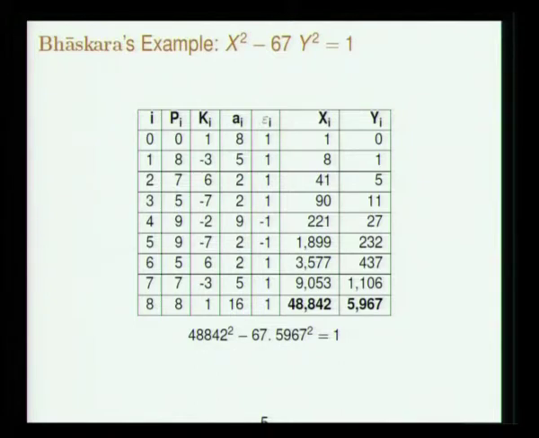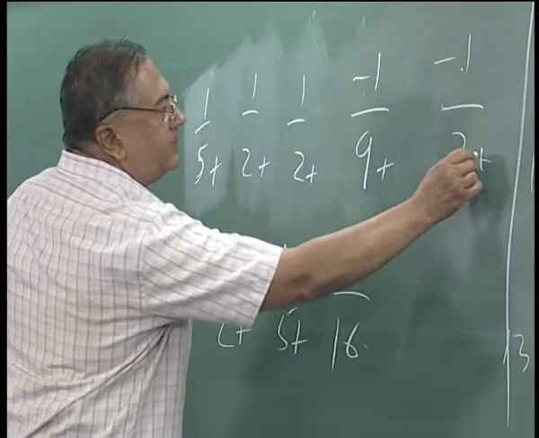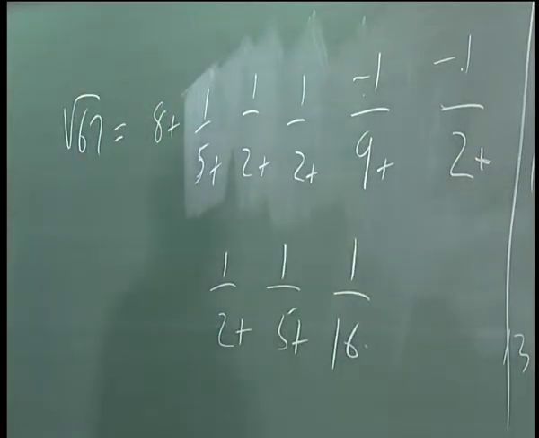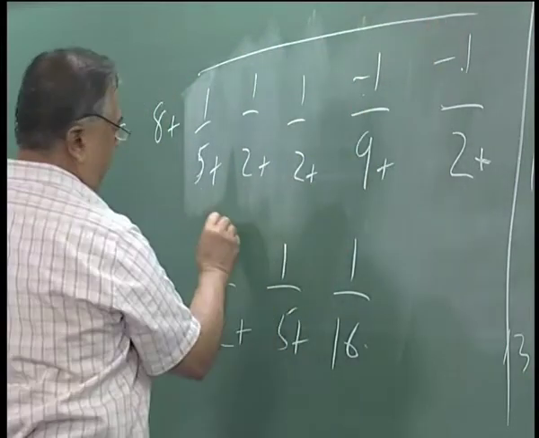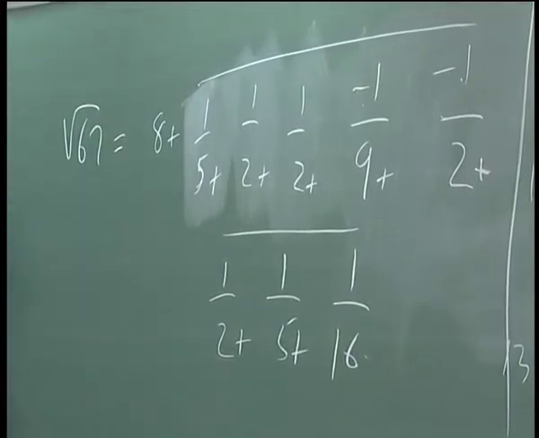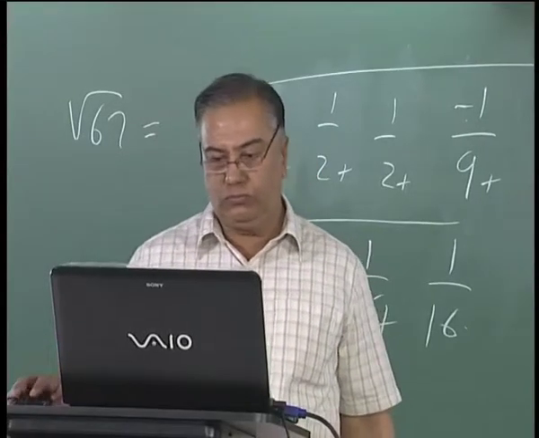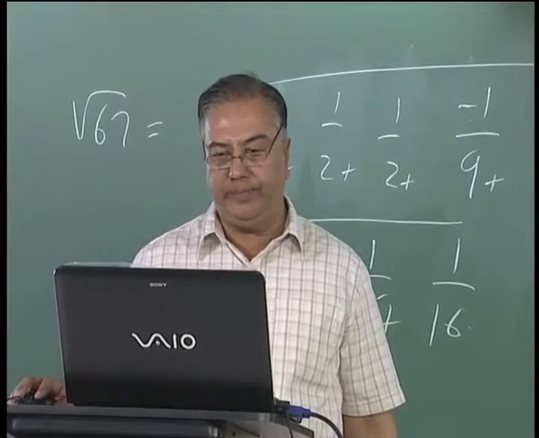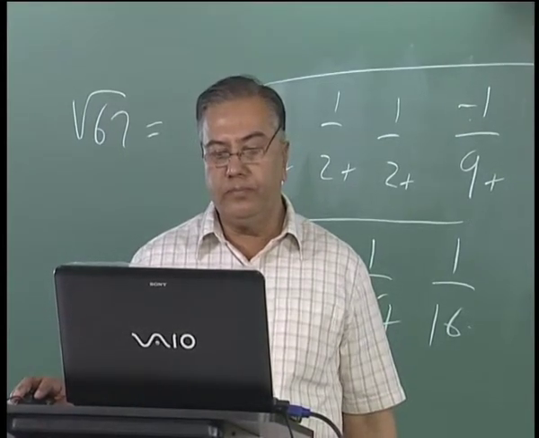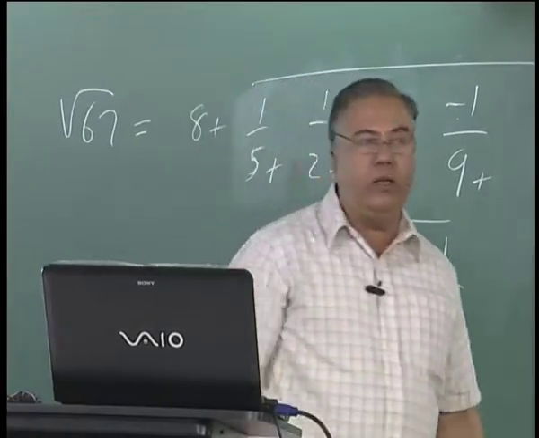So this is the semi-regular continued fraction expansion. Notice that there are 2 minus 1s appearing here. And of course, the whole thing is periodic. That will keep repeating itself, 5, 2, 2, 9, 2, 2, 5, 16. Forward movement is fine. So the first thing Krishnaswamy Iyengar showed was that from the Chakravala method, you can immediately write down